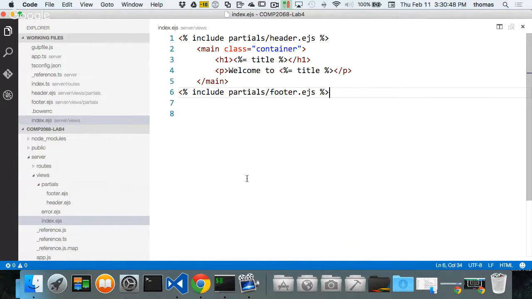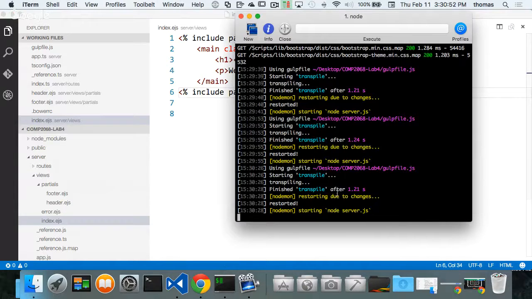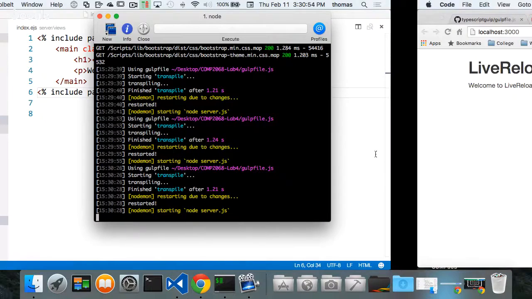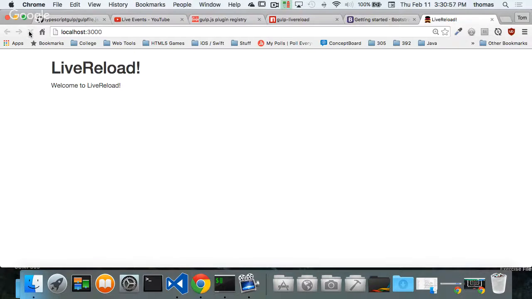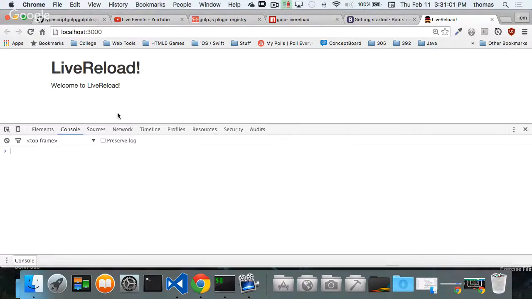This is cool. I like it. Let's take a look and see if it works. First of all, see if Nodemon restarted, which it did, right? And let's see if this works. It works. And let's look at the inspector to make sure that doesn't crap out on us,